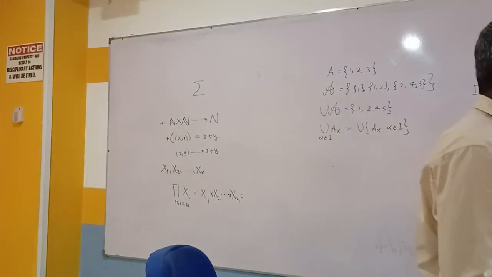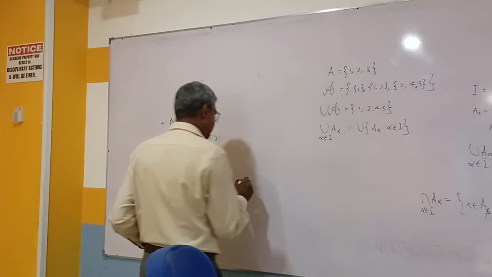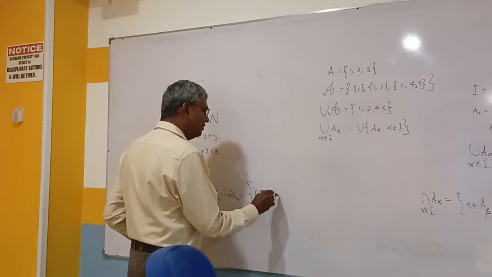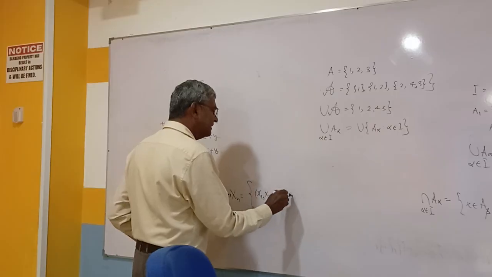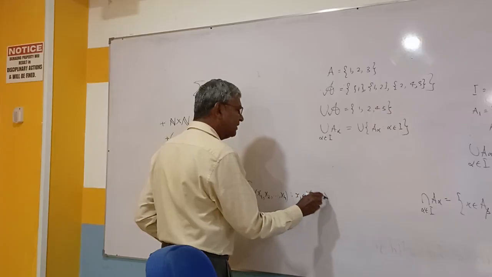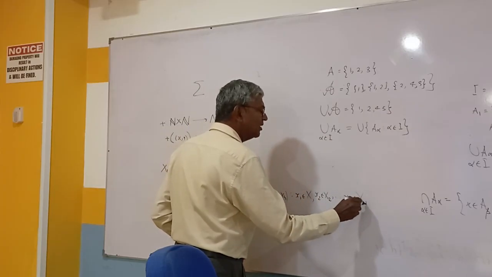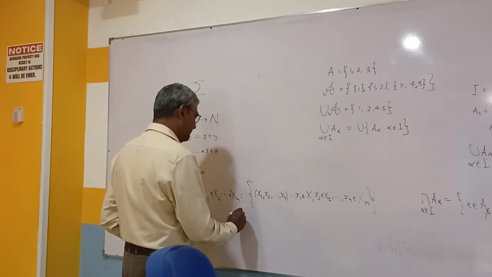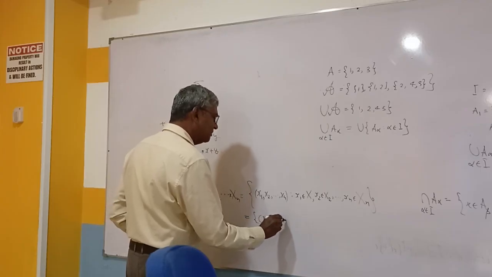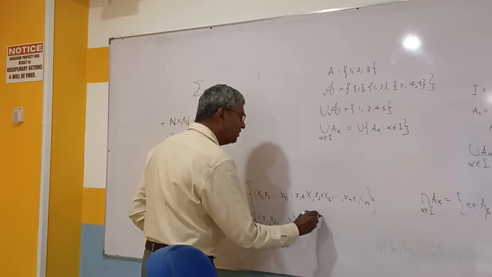Same way, like what you expected. This is, you can write if you want, the set of all (x1, x2, ..., xn) such that x1 belongs to X1, x2 belongs to X2, and so on, xn belongs to Xn. Or you can rewrite the same thing. There are several ways of writing (x1, x2, up to xn) such that xi belongs to capital Xi,